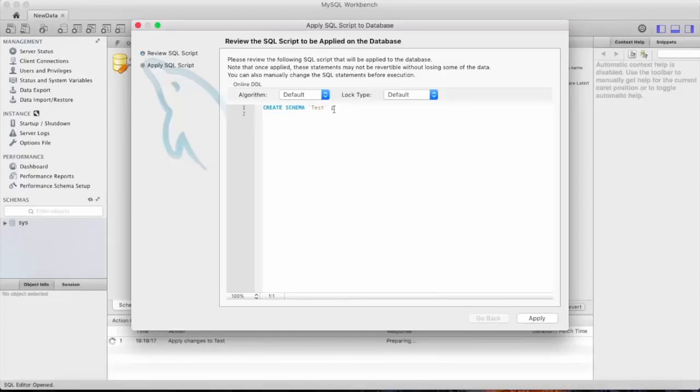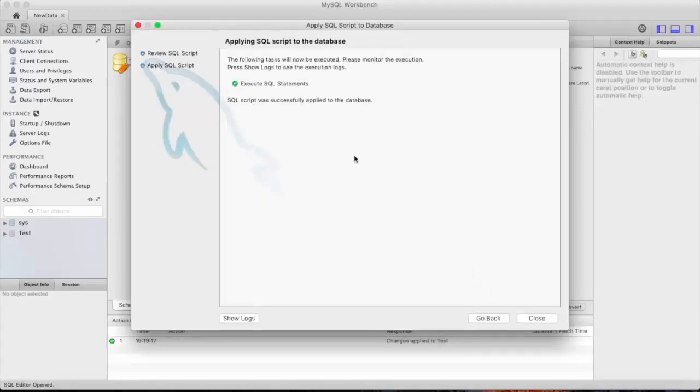This is actually the query that the software runs in the background, because we are not using the terminal, we are using the IDE, integrated development environment. So instead, if we are using the terminal, then we have to fire this command in order to create a database. So just click on apply,